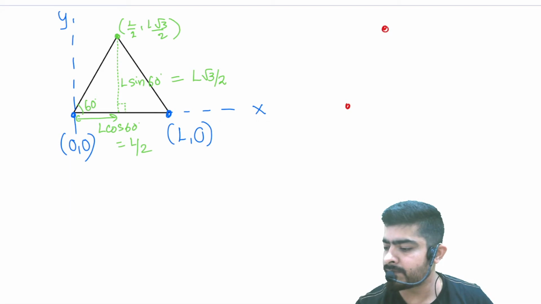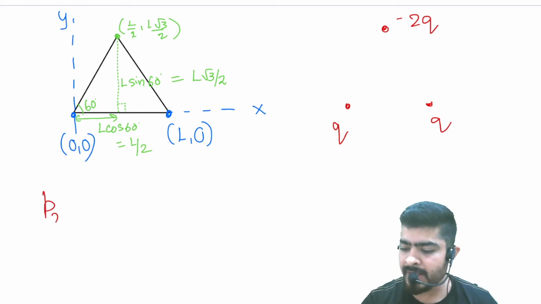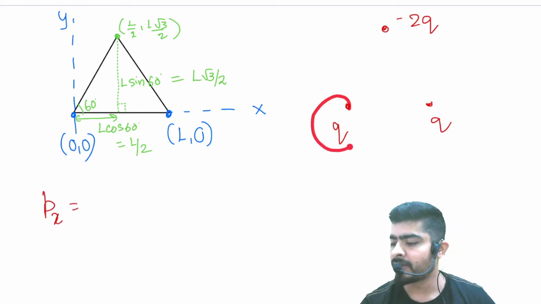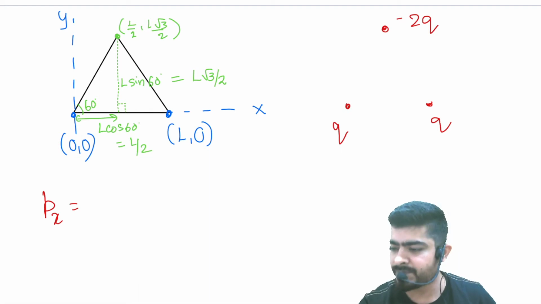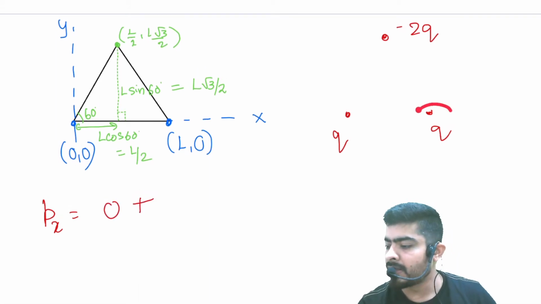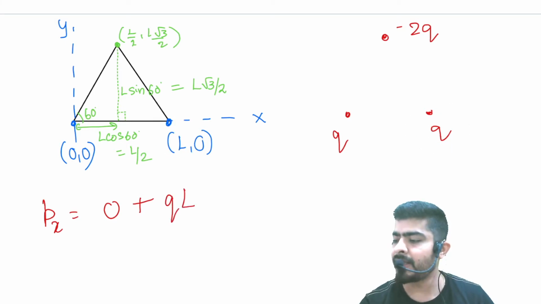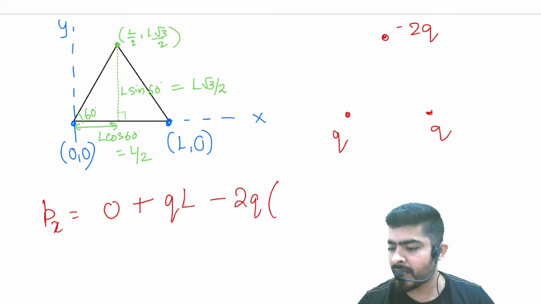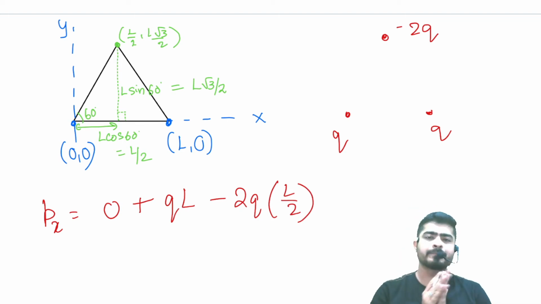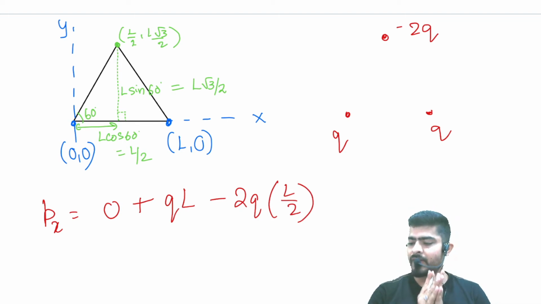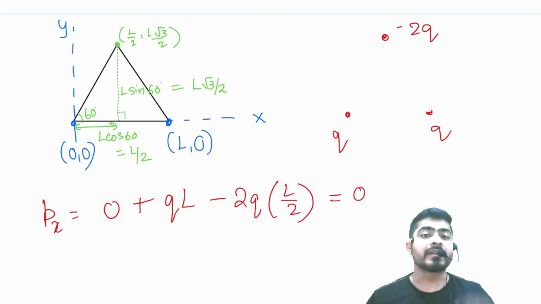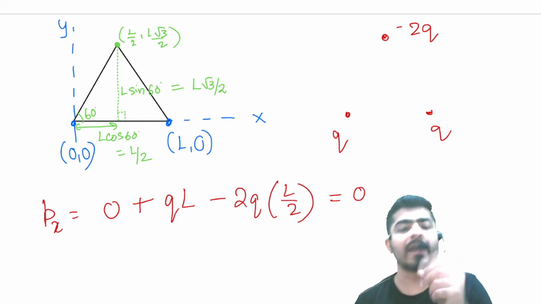So here I have Q charge and minus 2Q charge. So Px will be how much? Q1 x1, 0. Q2 x2. So Q times L. Then Q3 x3. So minus 2Q times L by 2. So what do we get? QL minus QL. So what are we getting over here? We are getting 0. So the dipole moment has no x component.